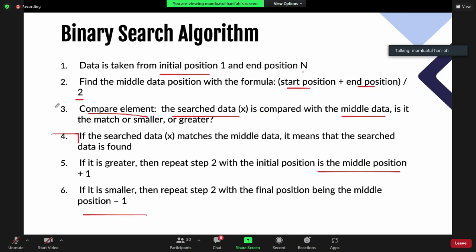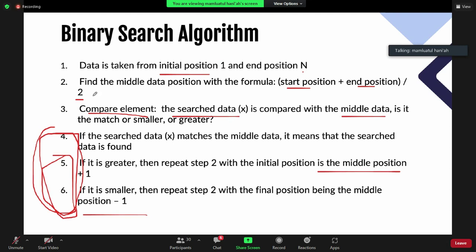Jadi proses ini adalah proses yang mengarahkan kita itu harusnya pergi kemana? Ke sebelah kanan dari middle position atau ke sebelah kiri dari middle position. So in steps 5 and 6, if our data does not match with the middle data, we need to repeat step 2, but with the initial position or final position having a different value, gitu ya.